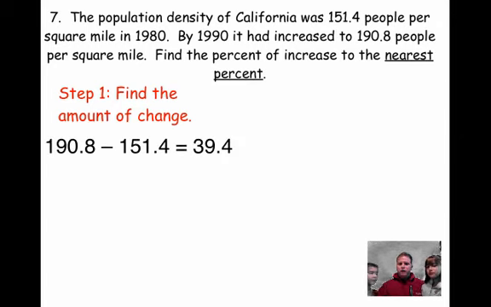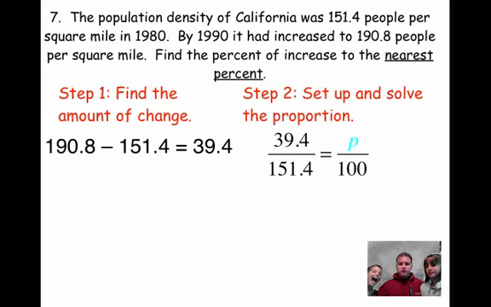Do you know what that 39.4 is? What that represents? The difference? It is a difference, absolutely, because it's a subtraction problem. Very good. It's also the amount of change. So how much it changed. So we'll set it up as 39.4 over 151.4 equals p over 100. And we'll get 151.4p equals